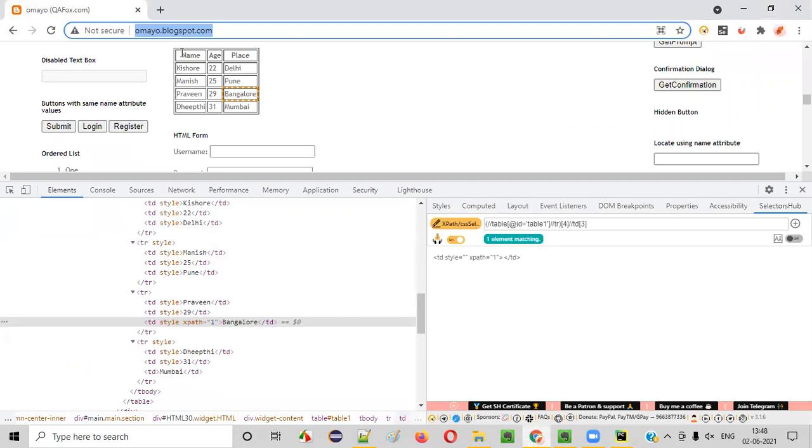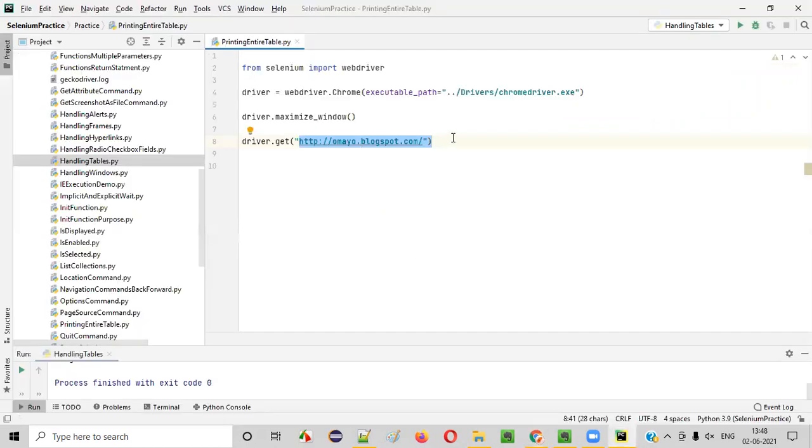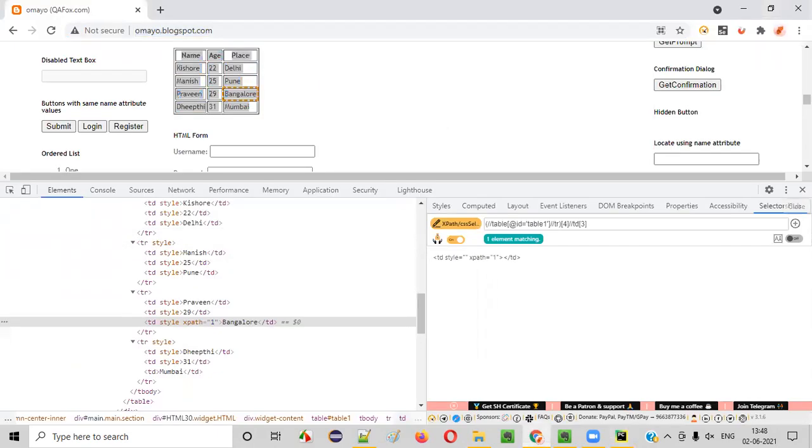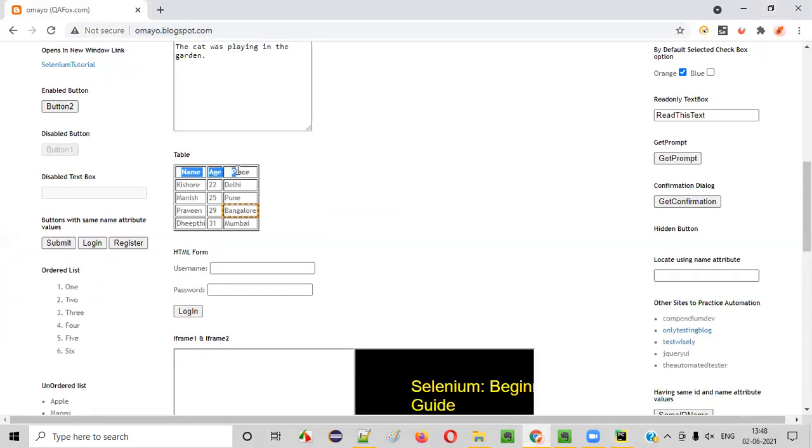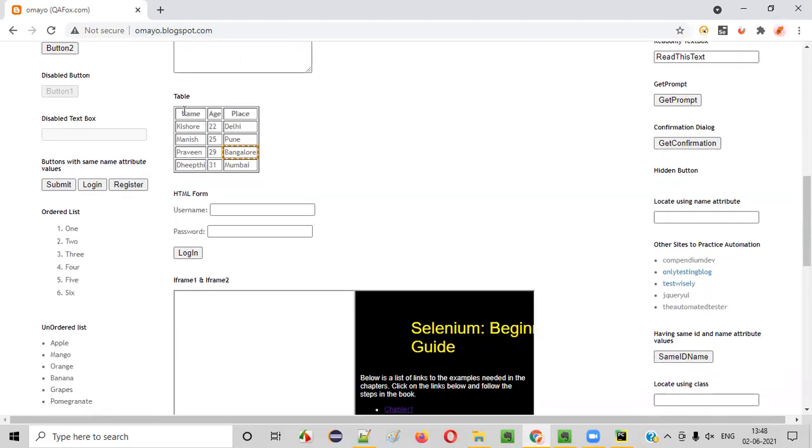After that, I want to print this entire table as it is. So for that, what do I have to do? In order to print the entire table, we have to follow a logic, guys. First we have to print this row, then this one, this one, this one. So I'll write a for loop. How many columns are there? 3 columns. How many rows are there? 5 rows.